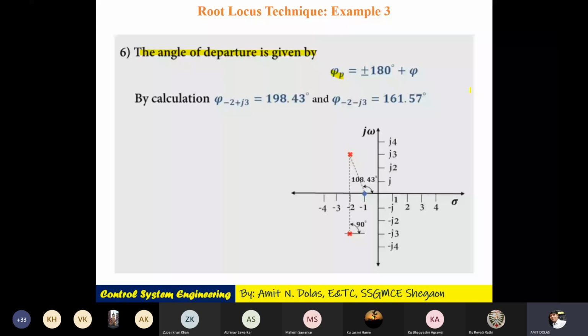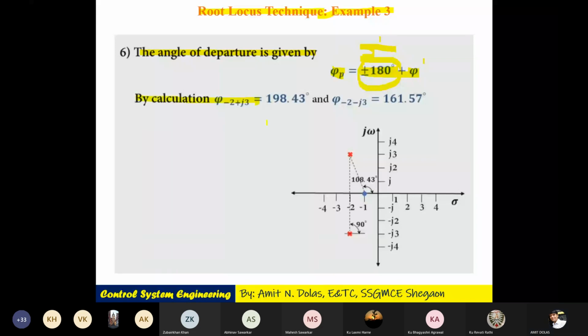So we will be finding out the angle of departure. That will be phi p, which is nothing but the angle condition plus minus 180 plus theta. Why did we directly take 180 degrees here? Because we already calculated 2q plus 1 into 180. There is one asymptote and that angle condition is 180. So we directly took 180 degrees here instead of writing the complete formula.